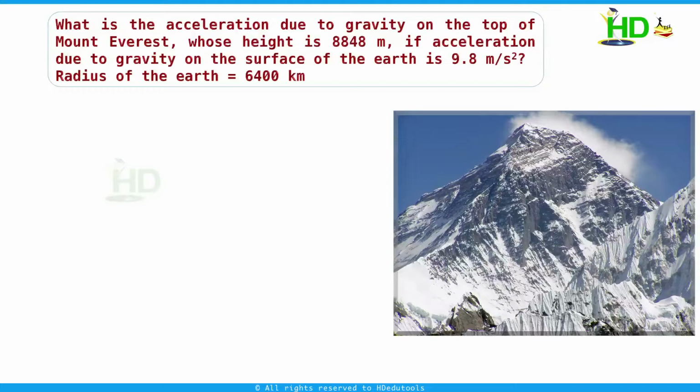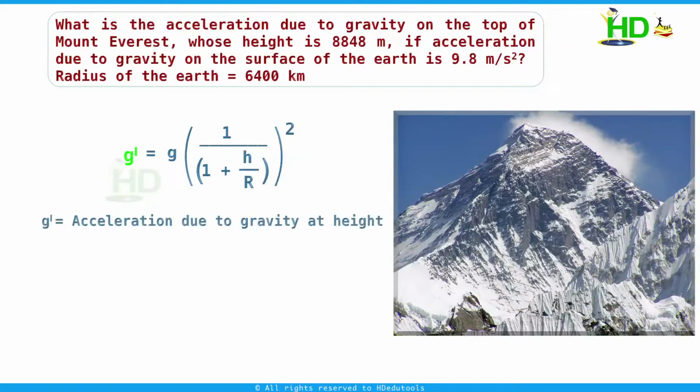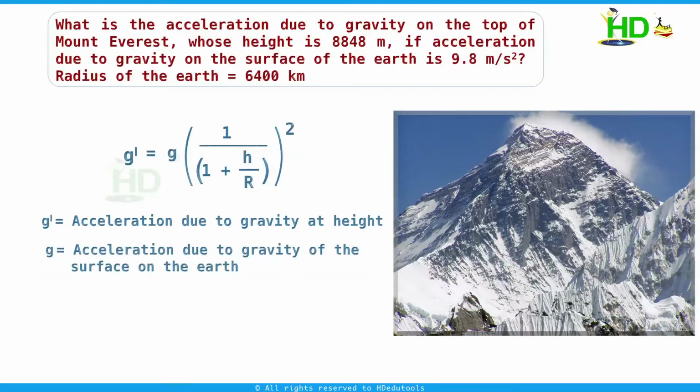Already we know that the acceleration due to gravity at some height, g prime, is given by g divided by (1 plus h by r) whole square, where g prime is the acceleration due to gravity at that height, g is acceleration due to gravity on the surface of the Earth, h is the height and r is the radius of the Earth. Now in this case, we are asked to find the acceleration due to gravity at a height